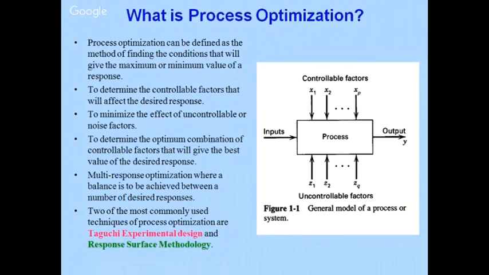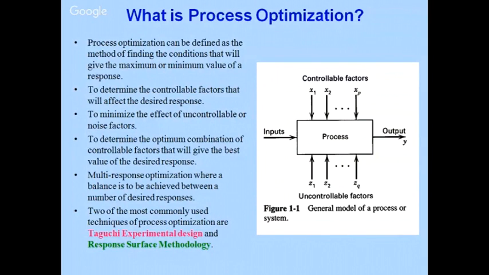So I'm sure it has been discussed, controllable and uncontrollable factors, noise factors. I will also briefly touch on this. Next, to determine the optimum combination of controllable factors that will give the best value of the desired response. For this next point we have not covered till now, multi-response optimization, where a balance is to be achieved between a number of